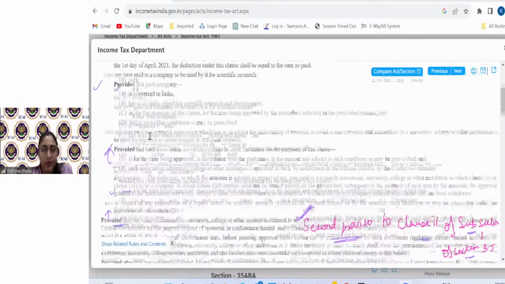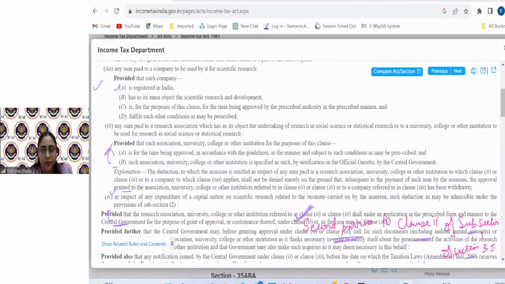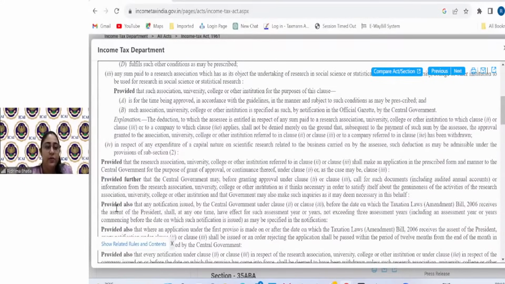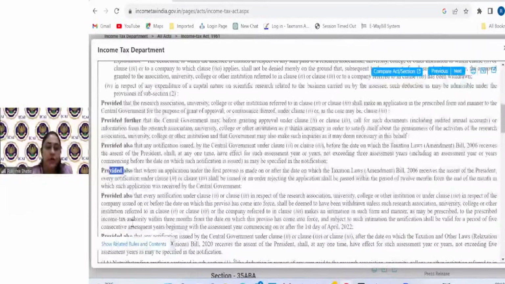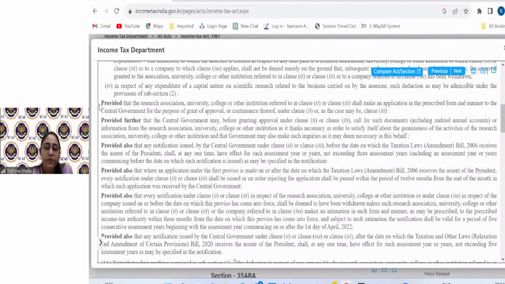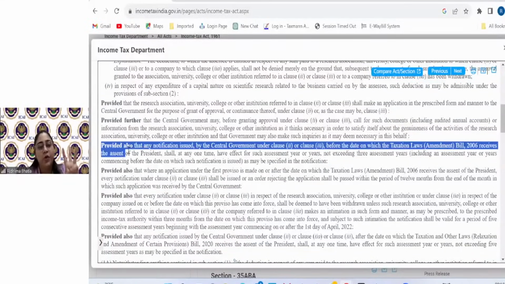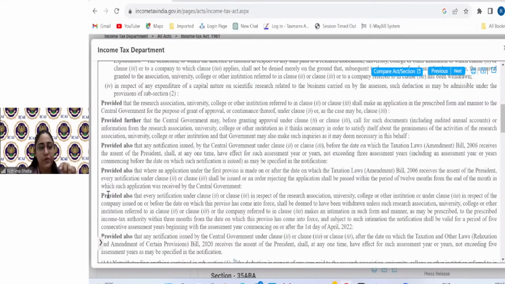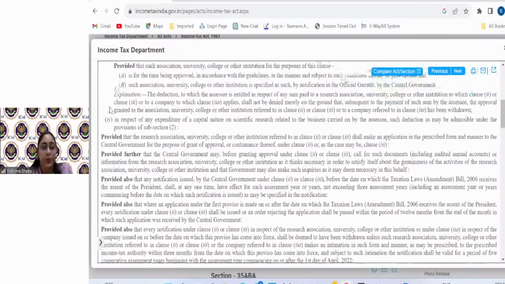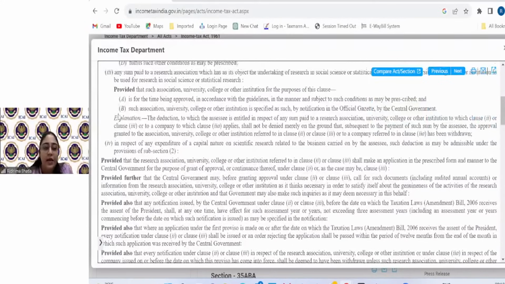Okay? Now let's take another example, so that the part is absolutely clear. Now this is written, guys, everyone focus here: provided, provided further, provided also, provided also, provided also, and so on. "Ma'am, what is this? I am totally confused." Don't worry. Wherever the first word is just "provided", that is the first proviso, "provided further" means second proviso, "provided also" third proviso, then in numbering fourth proviso, fifth proviso, sixth proviso. Now ma'am, whose provisos are these? Is this a proviso to clause 4? No, it is not a proviso to clause 4, because had it been a proviso to clause 4, it would have been in alignment.